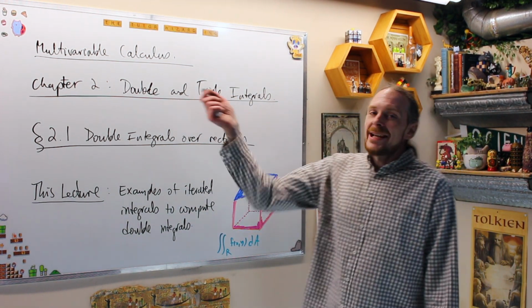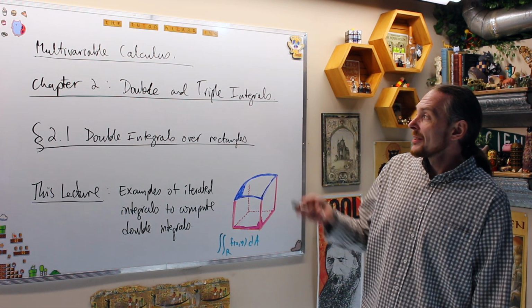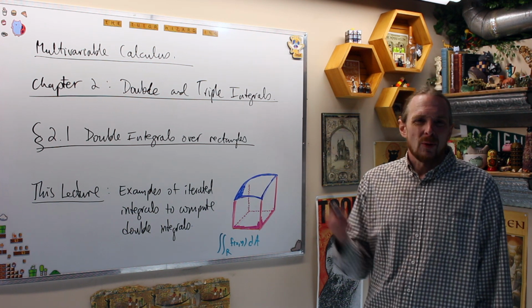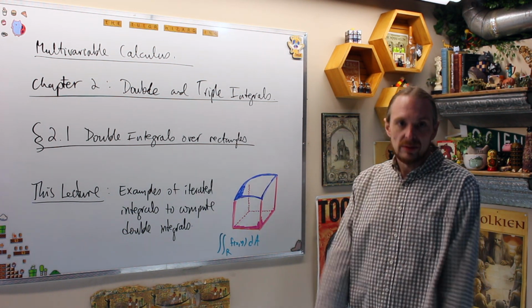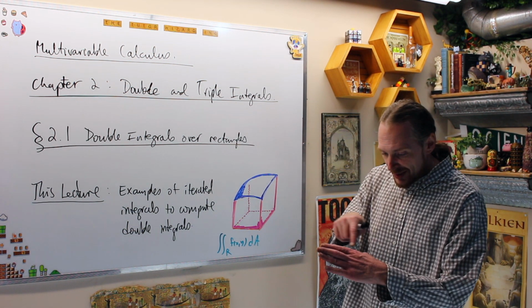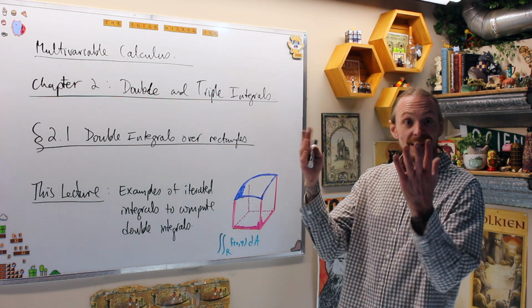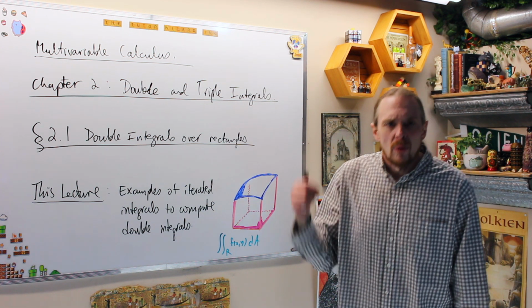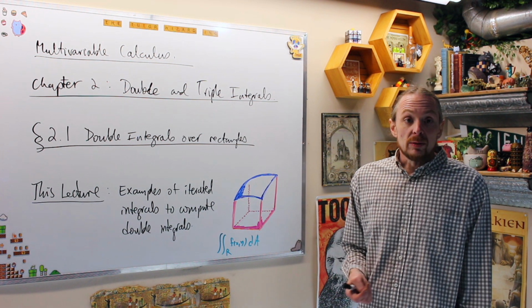What we're doing today is multivariable calculus. Chapter 2 is double and triple integrals. Section 2.1 is double integrals over rectangles. We're starting there and then we're going to build over general regions. Cleverly, we just find the region inside a rectangle and then we just define it that way, sort of. You'll see. This lecture, what we're just going to do is more iterated integrals to compute double integrals so that